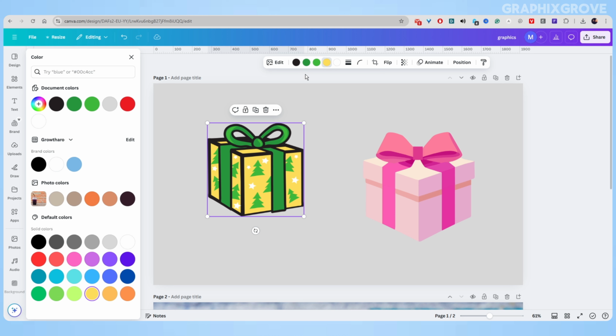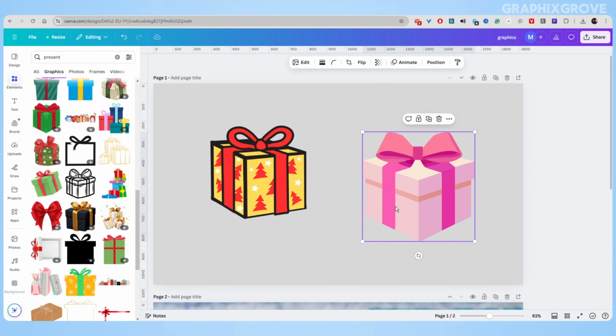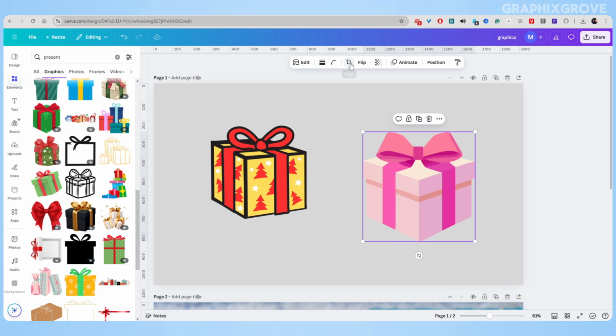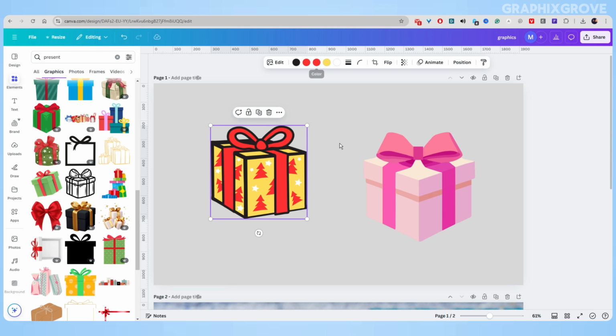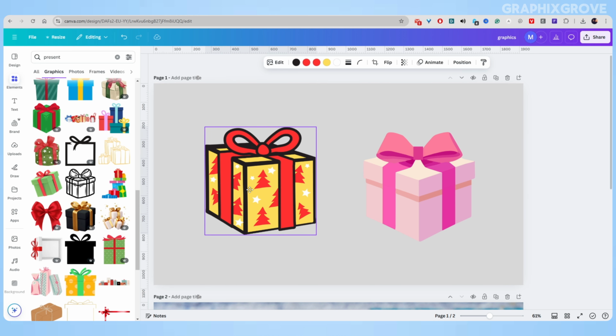Now, the question is why you cannot change colors in certain graphics. Here is the deal. Some graphics are too detailed for color edits. Think of them as a painting. They are locked in their original colors because they are image-based. Canva reserves color editing for simple graphics with fewer colors. A Santa graphic with shades of red, white, black and beige might not be editable, but a candy cane with